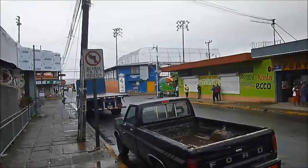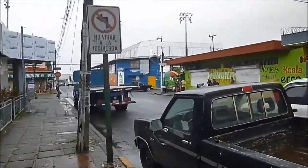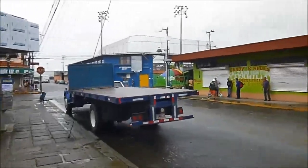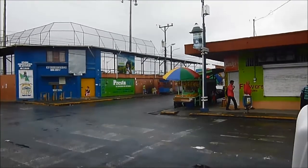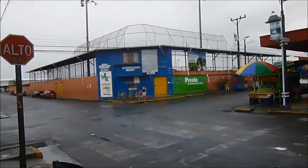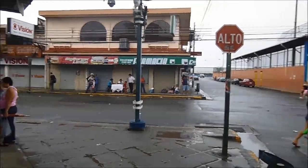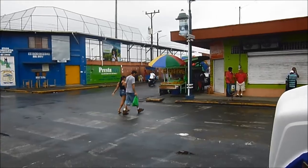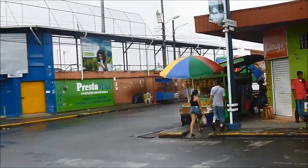I'll take some more. Entrance of the ballpark. I can't really get inside. This is their baseball park, though they're watching soccer, or football, on TV. It's not baseball. This gives you an example of downtown Limon. People on motorcycles. It's sort of fairly run down. There's a produce stand again. And of course the